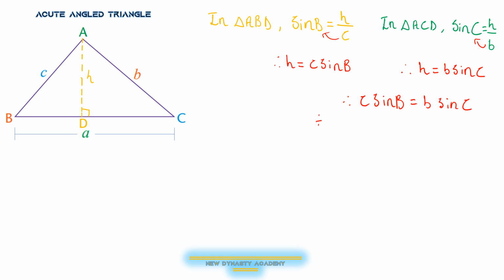So now to eliminate the unknown altitude, what we're going to do is divide both sides by BC. So I'm going to go on and divide this side by BC. Remember, we are formulating the sine rule, where c in this case is going to cancel c. Then we're going to be left with sine B over small letter b equals sine C over small letter